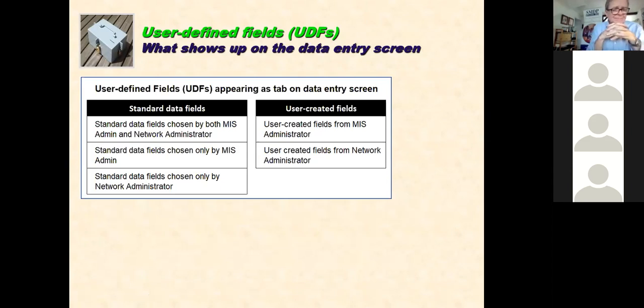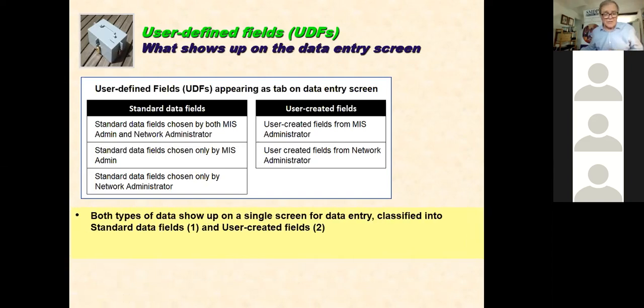Now, I haven't concentrated on networks, and for the moment, I want you just to ignore that, okay? But if you're the MIS administrator, you can select standard data fields, which will show up in your data entry screens for all of your projects. But if your projects are part of a network, then the network administrator would select standard data fields, and they would also show up. But in this webinar, we're only covering standard data fields chosen by the MIS administrator. Now, on the right-hand side here, we have the same thing. It's user-created fields from the MIS administrator or user-created fields from the network administrator. So here we have